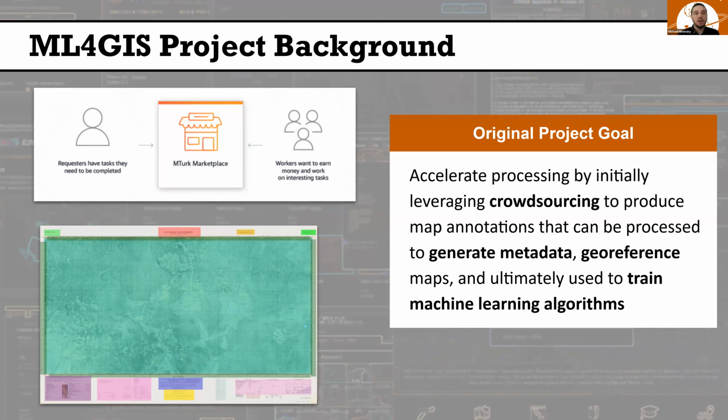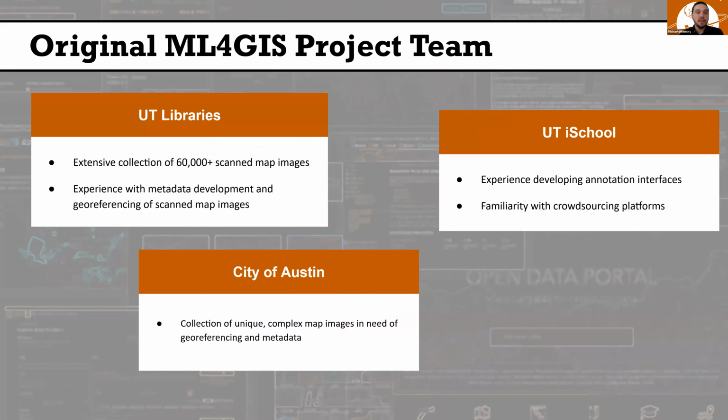So originally, when we had the vision for this project, we wanted to create an annotation interface that would make it really easy for folks to highlight important information on these scanned map images that we might use to develop metadata and georeference the maps. So our first task was to create an annotation interface, and originally we had this vision that we could then crowdsource annotation of the maps. That plan didn't work out. We couldn't get approval here at UT Austin to pursue that crowdsourcing approach. But as I'll highlight in a little bit, that didn't actually end up even being necessary. We were able to successfully generate enough annotations in-house to develop this automated georeferencing workflow.